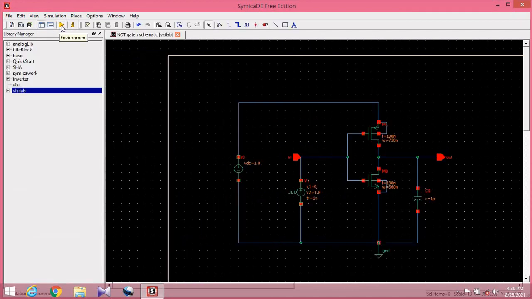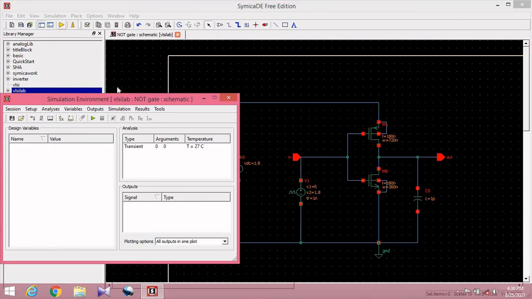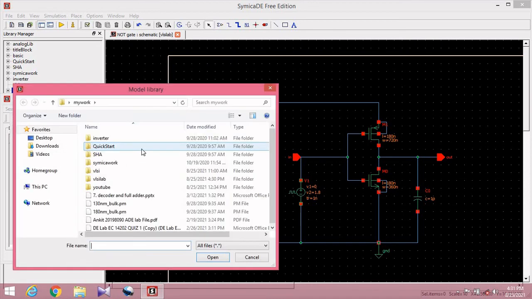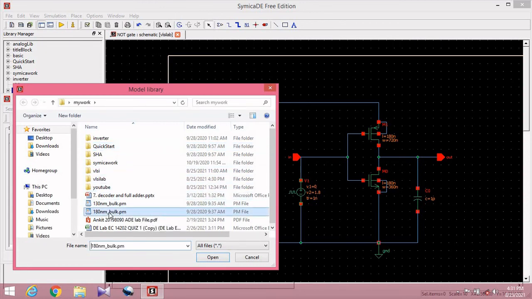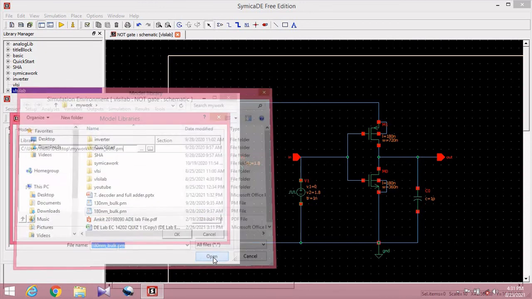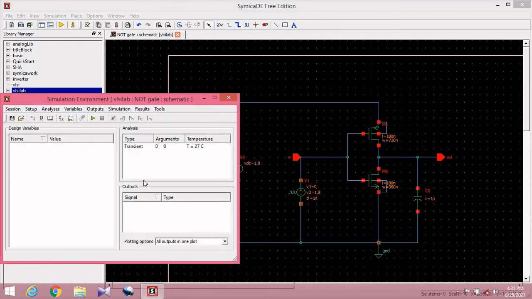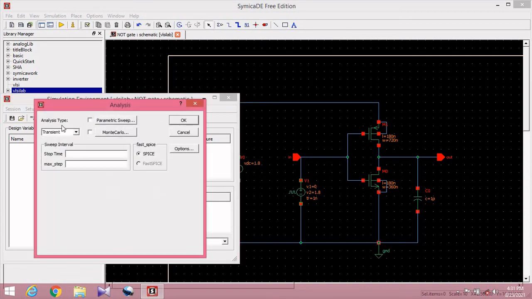To simulate it, we have to click on run, and the first thing is to include the library files. Library files I have saved in my work folder. So we will click here and I will select the 180 nanometer library file. Okay, this is included. After that, choose analysis.